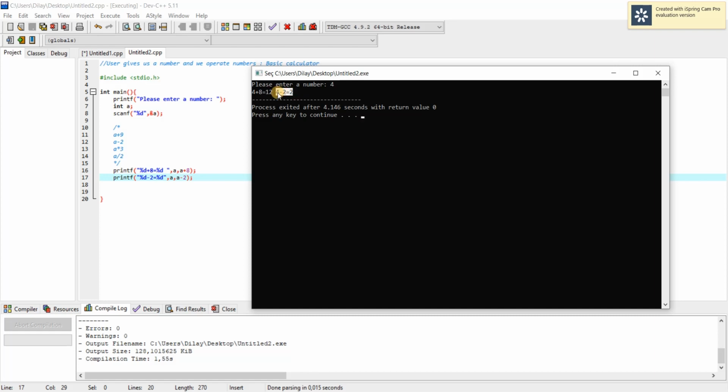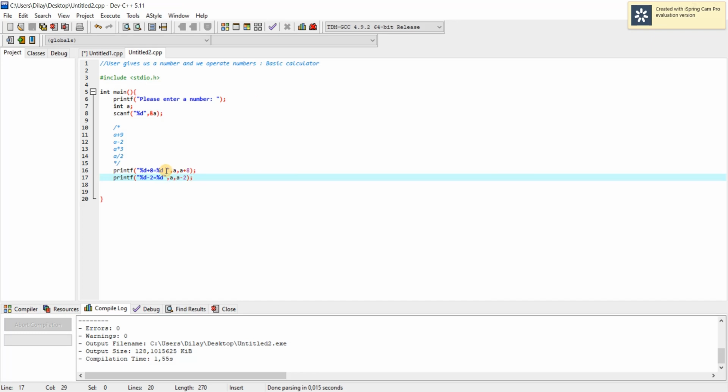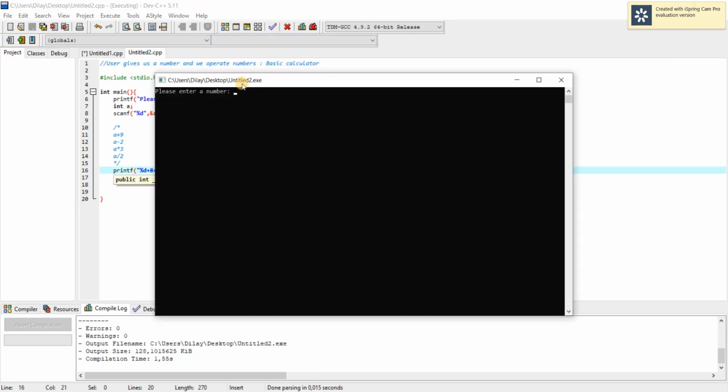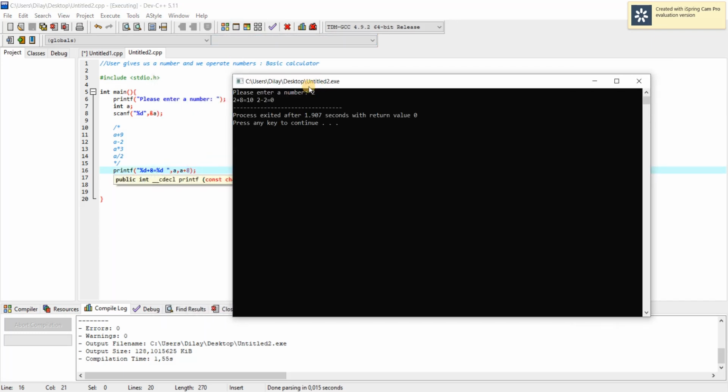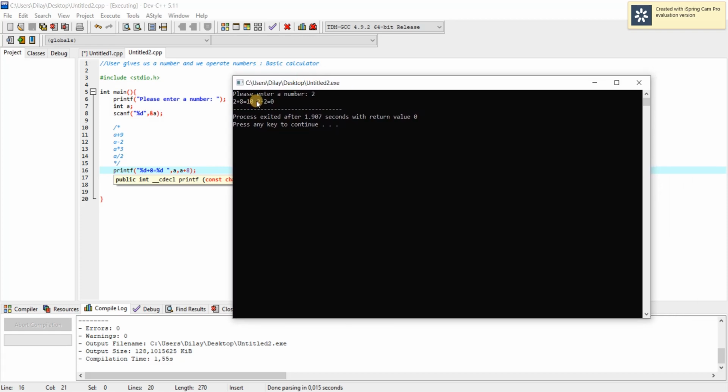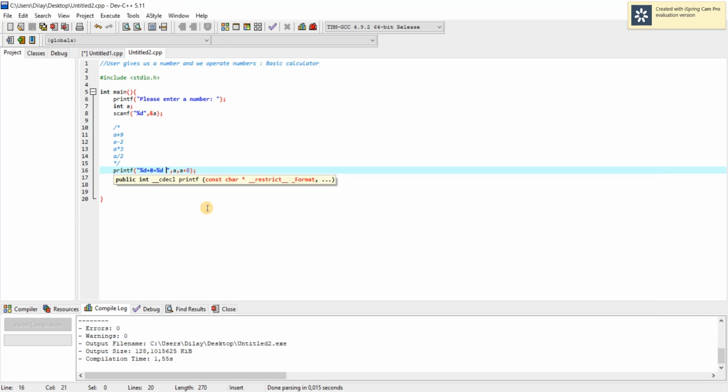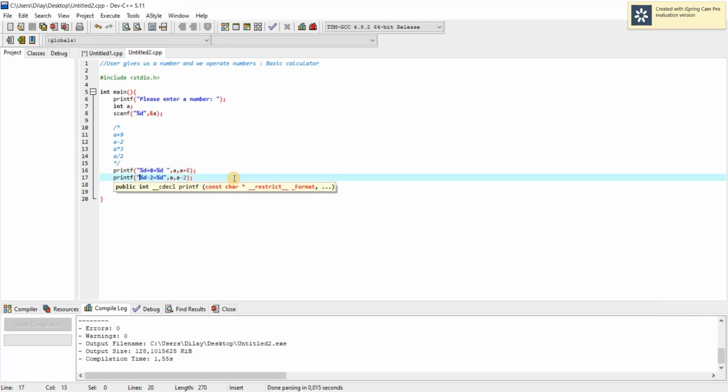4 minus 2 equals 2, 4 plus 8 equals 12, okay? But what would happen if I were to move this line to here? I wanted to start a new line. And,